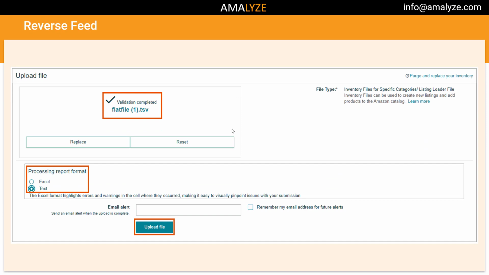Validation completed. Processing report format, of course, as we are using a TSV, use a text, and if you want, set an email alert, send your email address to Amazon if you want, or just click upload your file and you're finished. You have enriched your data without using the Seller Central,